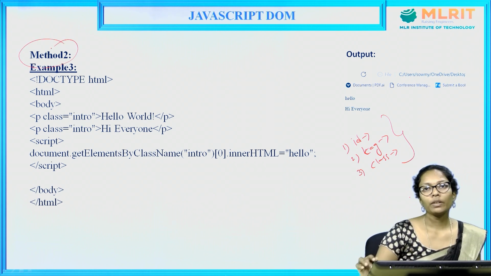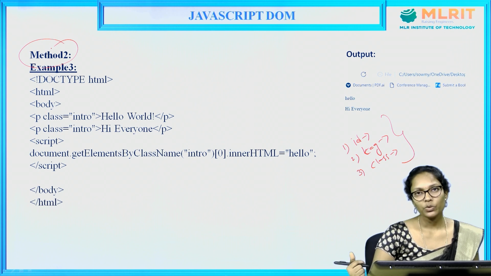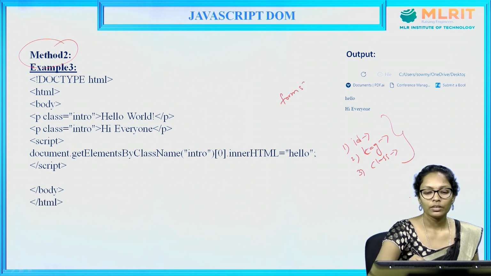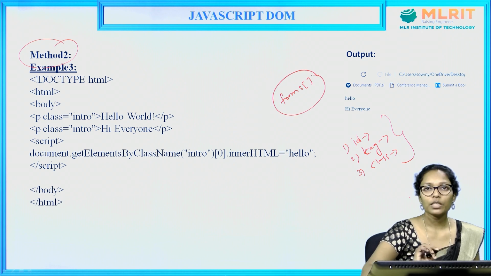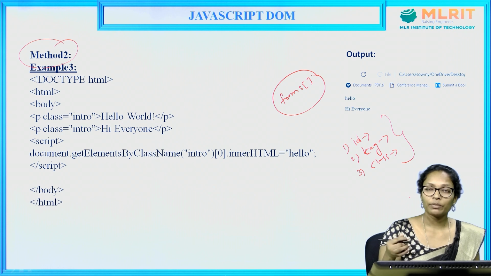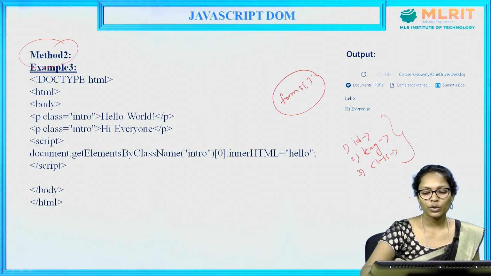So the method 1, we can access the data only using the form data. What is the array you are using? Forms. But what is the problem with the first method? We can access only the form data. But coming to the second method, we can access all the elements including form data, paragraph data, heading, all those tags you can access using